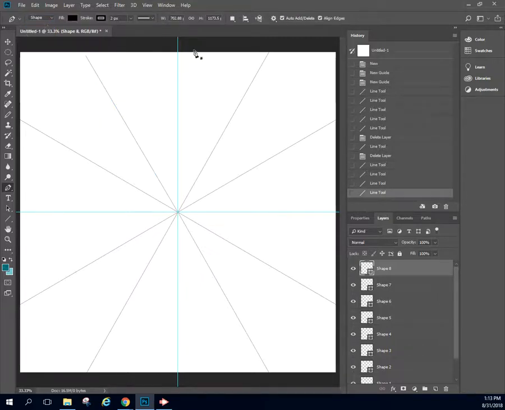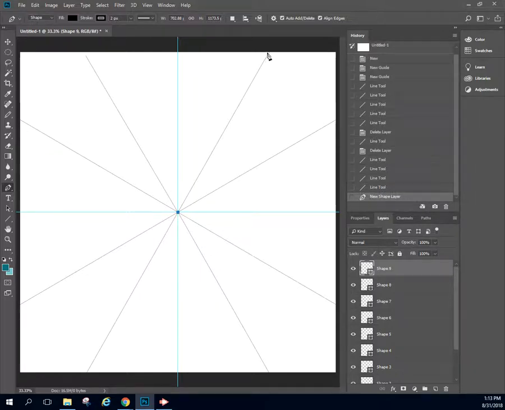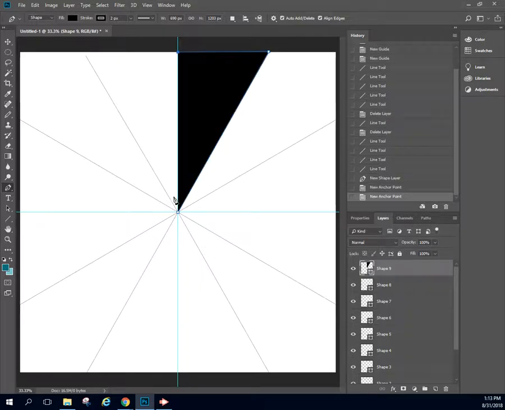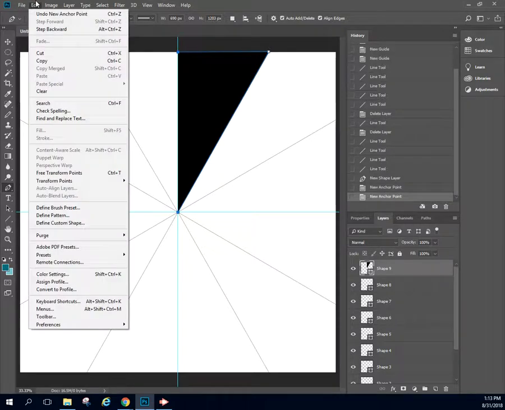All right. Then we're going to start, you can start in the middle. Start here. And we are going to go through and make a shape. Once you've made a shape, you're going to go to